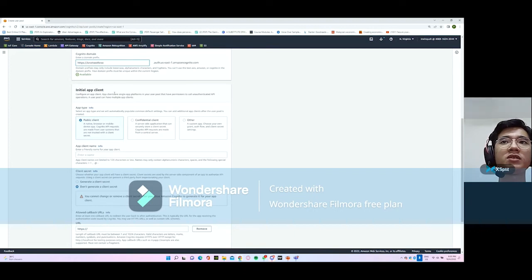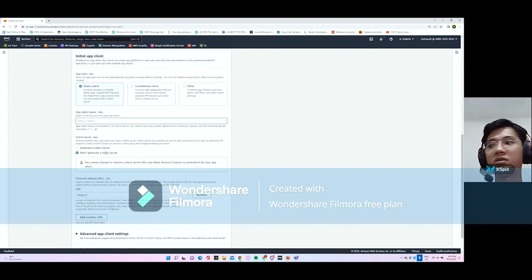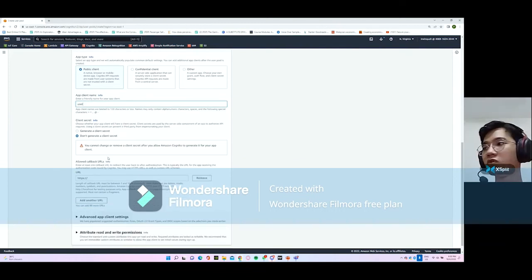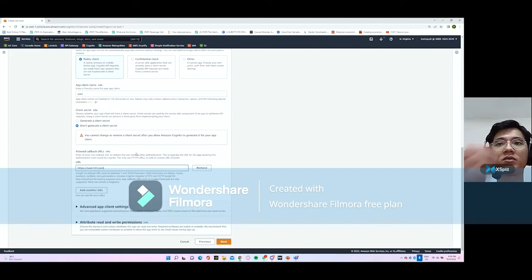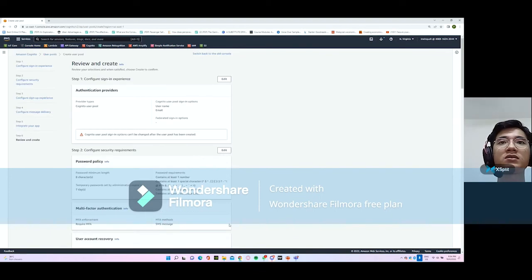And for the initial app client, we will choose the public client and we will enter the client name, followed by giving it a callback URL. And for any other settings, we will just leave it at default. Press next.